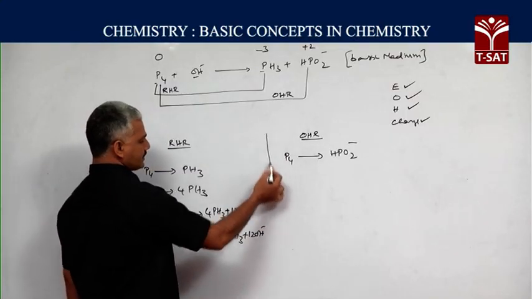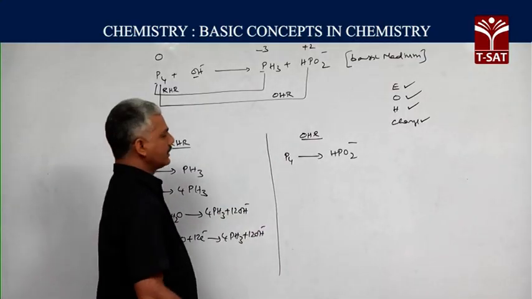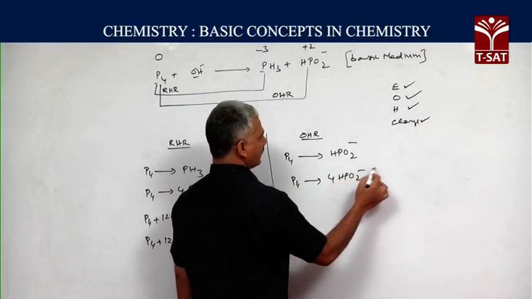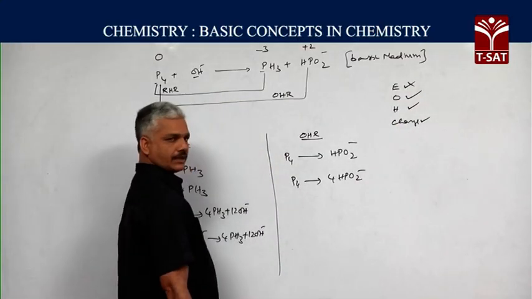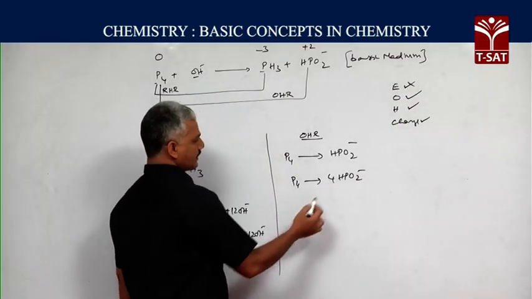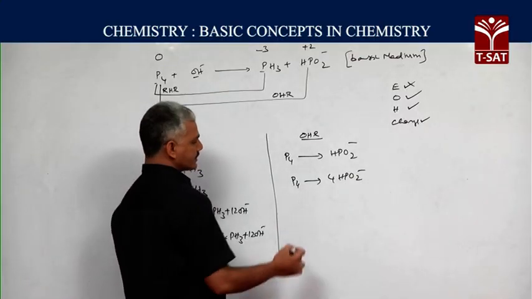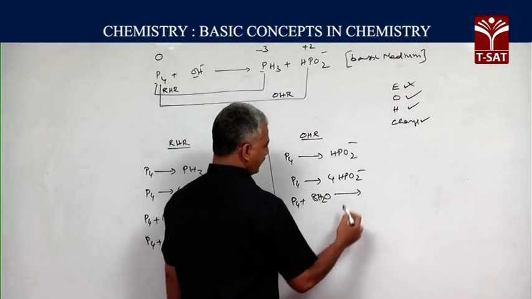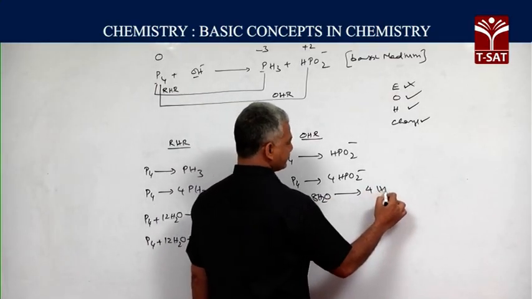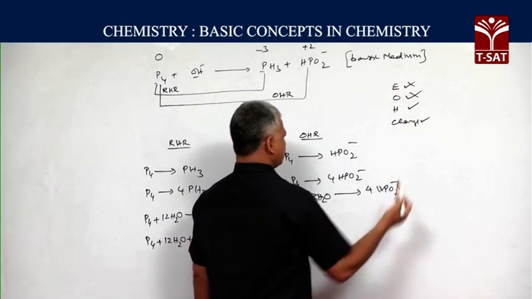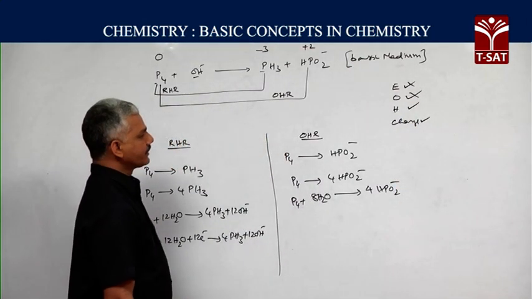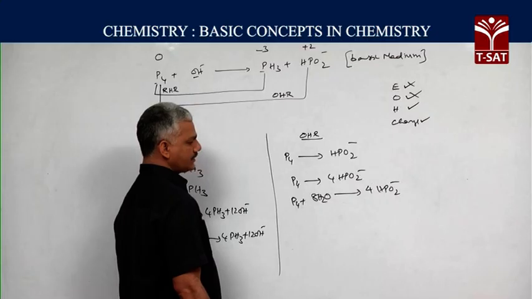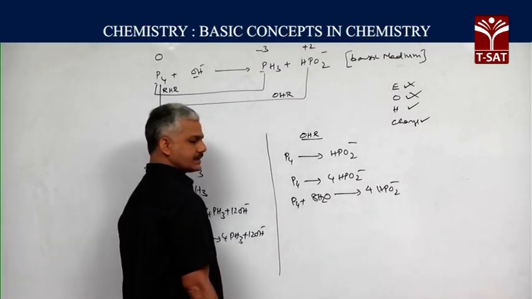Now, applying the same procedure to the second half of the reaction, P4 gives 4 HPO2 minus, that will balance the element. Then coming to oxygen, on product side 8 oxygens are present. So, on the reactant side we will add 8 water molecules. Oxygen is balanced. Now, coming to hydrogen, on reactant side 16 hydrogens are present, whereas on the product side 4